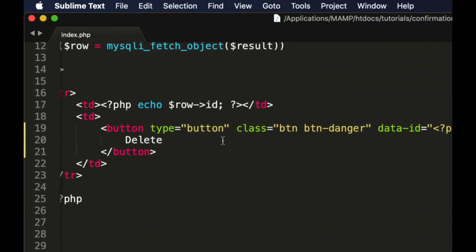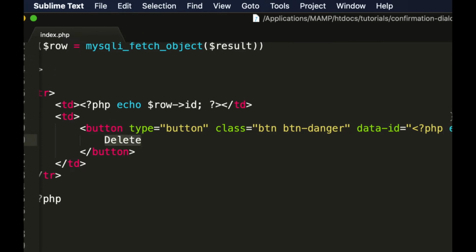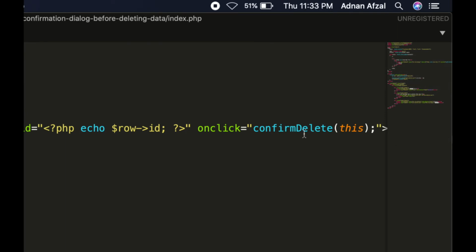This is the delete button that we are displaying in each loop, and we have added an onclick event which will be called when this button is clicked, and we are calling a function named confirmDelete, and in this function we are sending this button as a parameter.